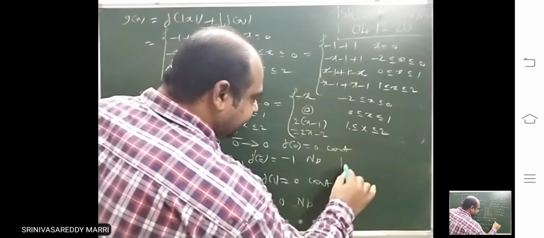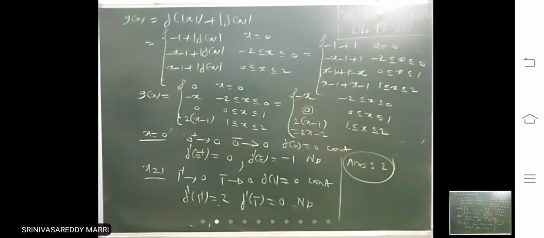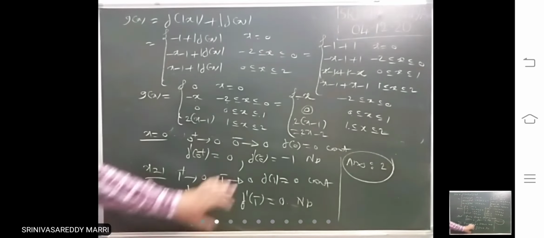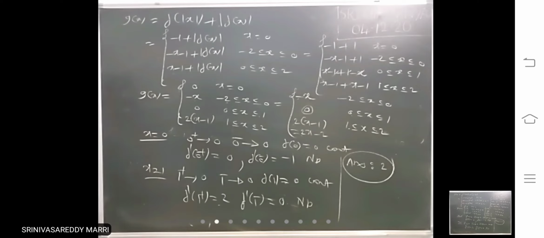So therefore, what is the answer? At how many points is it not differentiable? 2 points. Main writing is this definition. Whatever the function is given, if you write the clear definition of that, you can easily check continuity and differentiability. Note down, Amma. This type of function is very important for advanced exam. Maybe we will get comprehension.